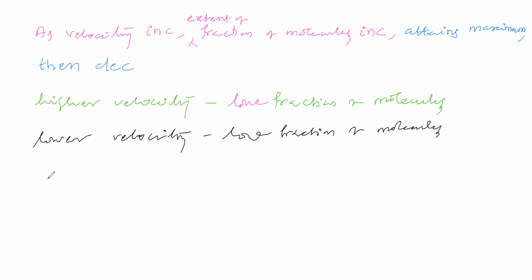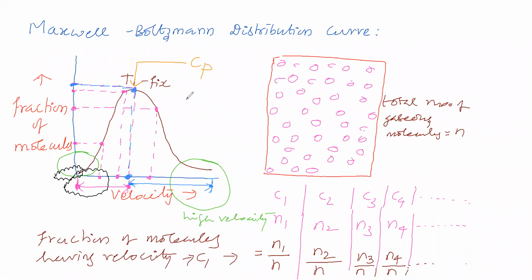Now we will change the temperature. Let us take T2, and previously we discussed T1. T2 is greater than T1. Now how will the graph be? That point we'll see. The graph drawn so far was by considering constant temperature, the temperature T1. Now we will take temperature T2 and keep that temperature constant.